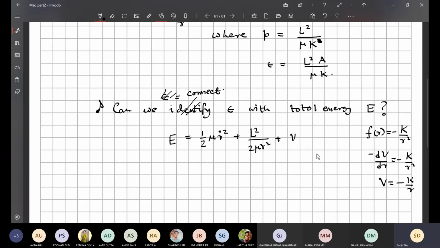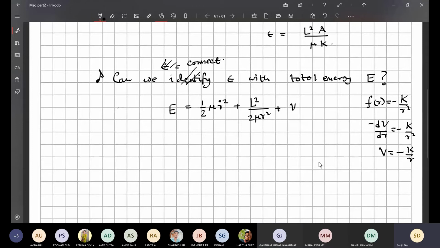So this is a case where I know the profile of the potential. What is the profile of the potential? It is 1 over r, and also the minus sign, meaning it is directed towards the center. So if I use this, I can come up with the idea of where the E will come. Now in this r dot, you exactly know what u is. u is nothing but 1 by r, that is the way we have discussed it.